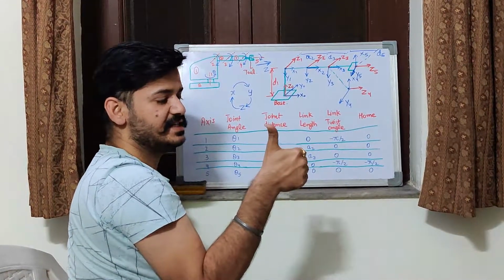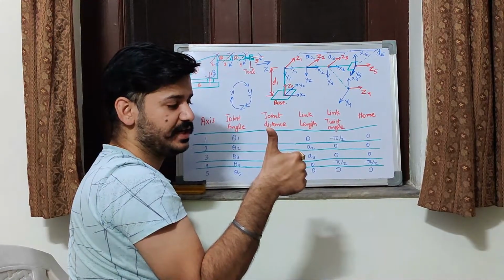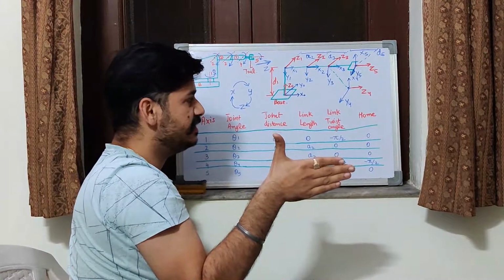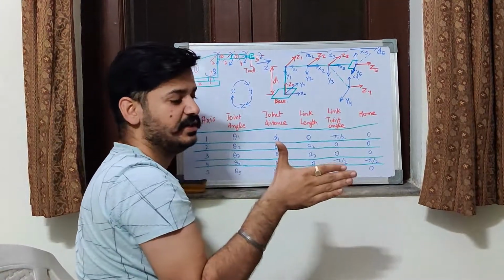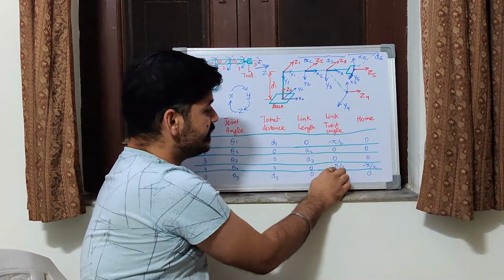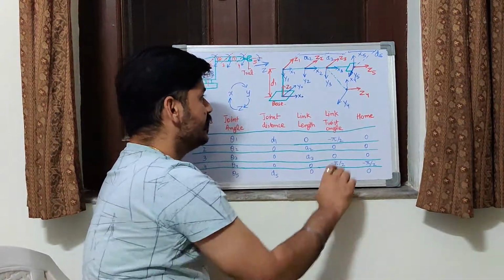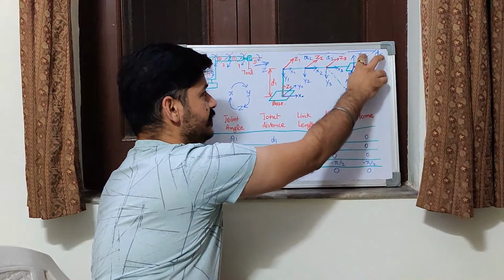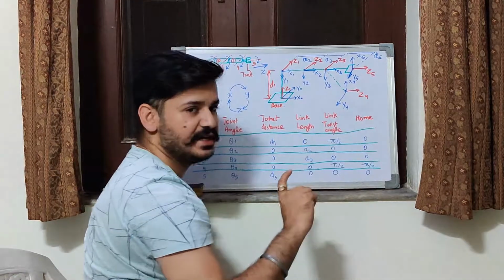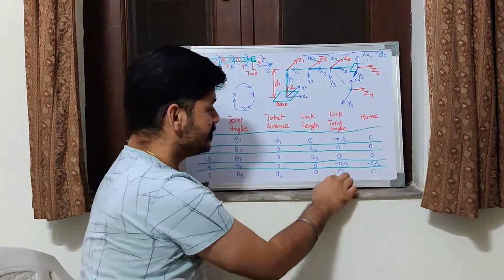So z3 is inside, so my fingers are pointing inside, and we are moving towards the right hand side in order to align with the z-axis, z4. So it is opposite to the curling of fingers again, so it is a negative angle, minus pi by 2. Now moving to the next one, along x5, is there any angle between z4 and z5? These are pointing in the same direction, there is no angle, so it is 0.